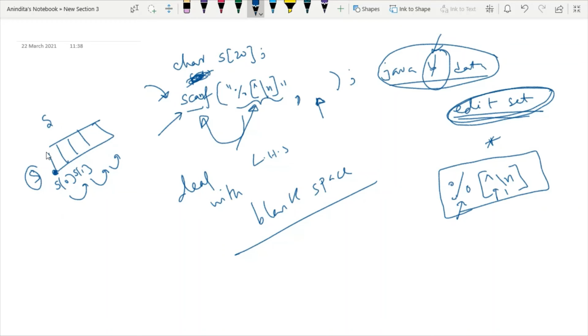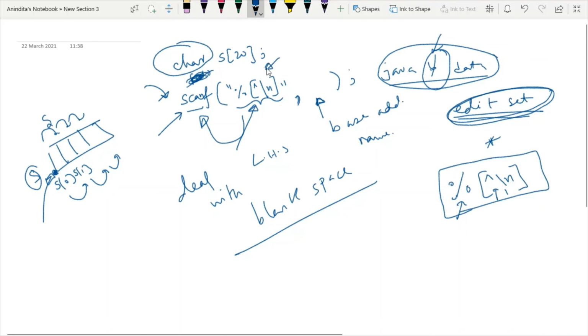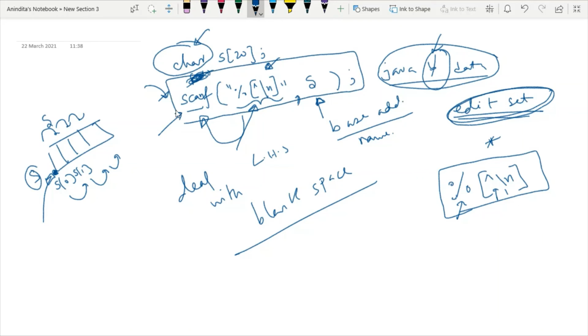And remember one point, if you are mentioning the base address, then the data type is known to the program, so automatically it will be traversed. So here I have to just write the base address of the array. Base address means just the name of the array. After writing the edit set, you just have to mention the array name. That's it. By mentioning the array name, we know the starting address. Then according to this data type, I know I have to increment by 1 byte. Then it will take the input accordingly. So this is the beautiful concept of the edit set.